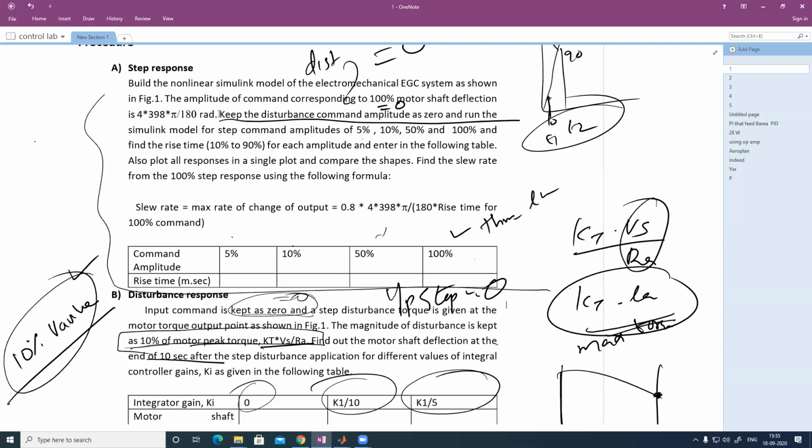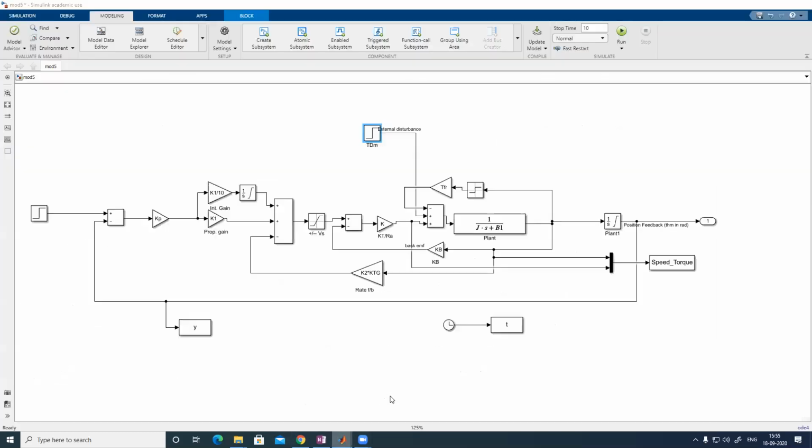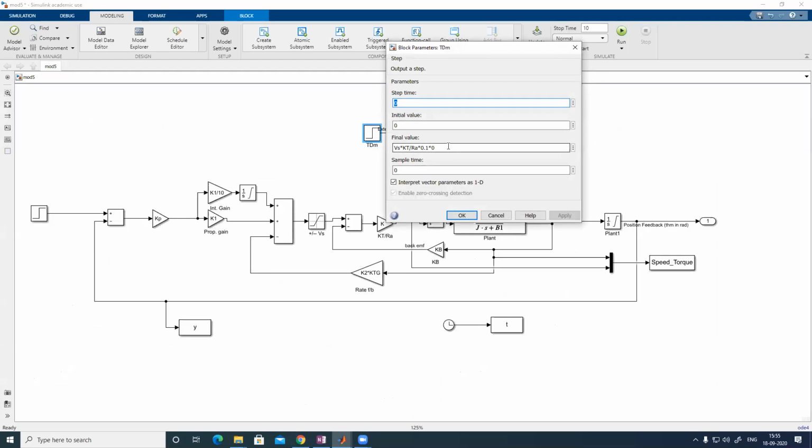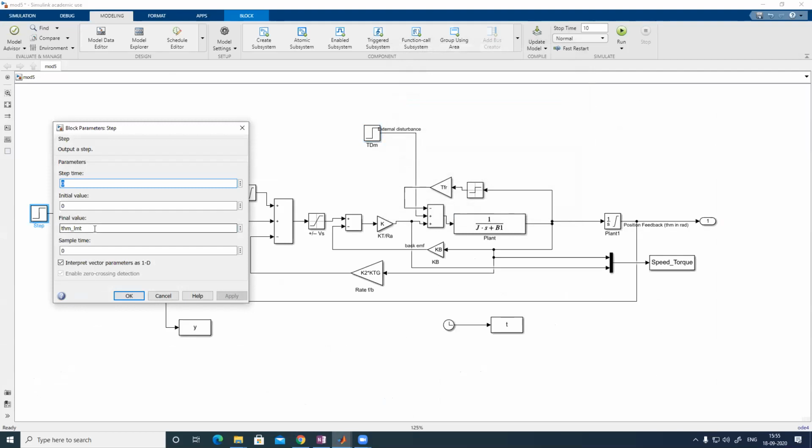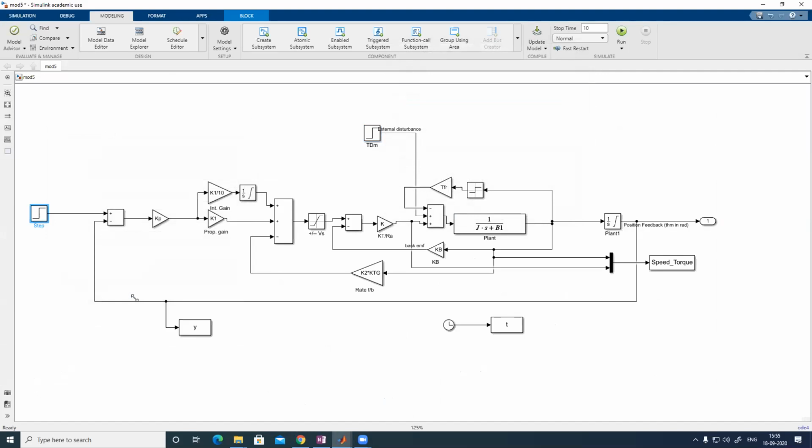Sir, so for the first case, we have to take the external input as zero. That is taken as zero only here also. Then we have to increase from 5. This is zero, and you have to apply 100% of the limit value. 10% means multiplied by 0.1. 5% means multiplied by 0.05. 50% is multiplied by 0.5. For these values you have to calculate the rise time. Last time you did rise time, settling time. Yes, sir. So many things you did. Like that you can do here also, no problem.